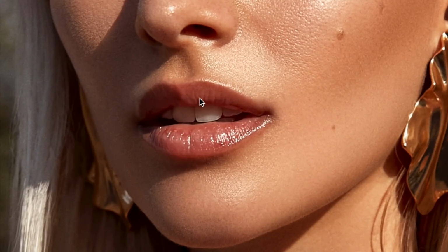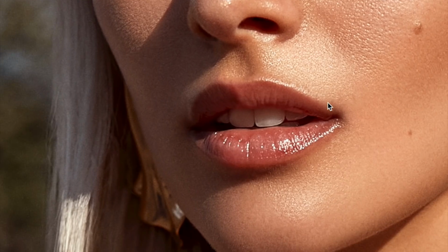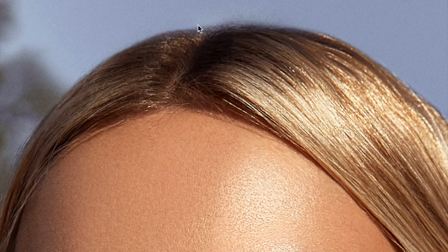I gotta do a zoom in. We gotta see. Wow. This is just really great. The bronze, shiny, glowy, glossy look. So great. And the hair was done so well. It looks very neat. Here's a zoom in on the face before, and here's a zoom in after. The toning was done perfectly for this. It has that warmth to the photo, but it still looks very natural, and it fits the photo that I